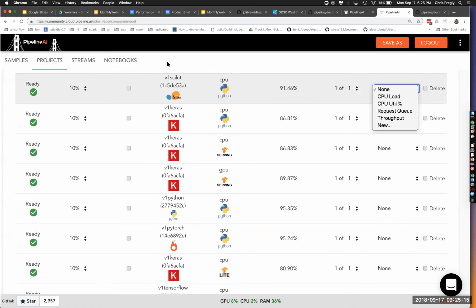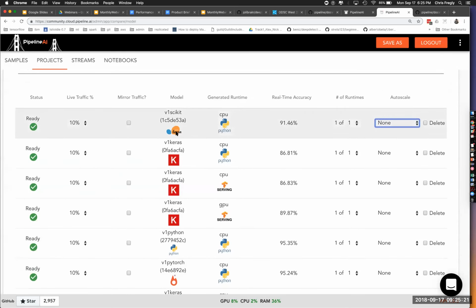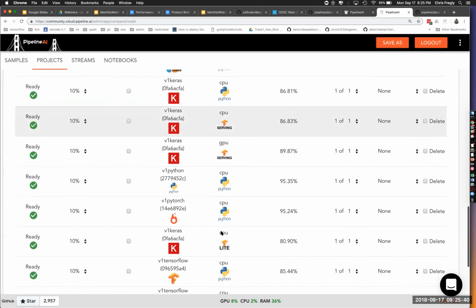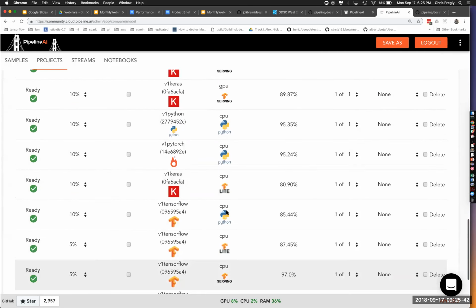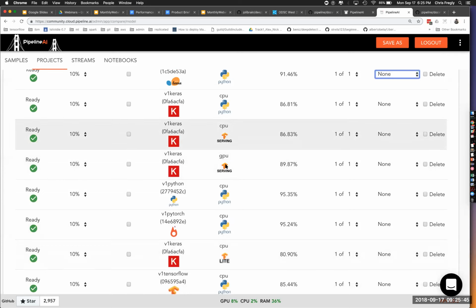And these are the different runtimes. So the first column here is the actual model. And here we're drawing the line at just the actual framework that's used. And then there's the generated runtime. So here's a version of the same Keras model, like you can see by the Git hash there, that this is the exact same Keras model, but now we've got 3 different runtimes. Actually, I think there's even more. I think there's 4 different runtimes here. So CPU TensorFlow serving, GPU TensorFlow serving, straight up Python, that's just calling that Keras model, and TensorFlow Lite.